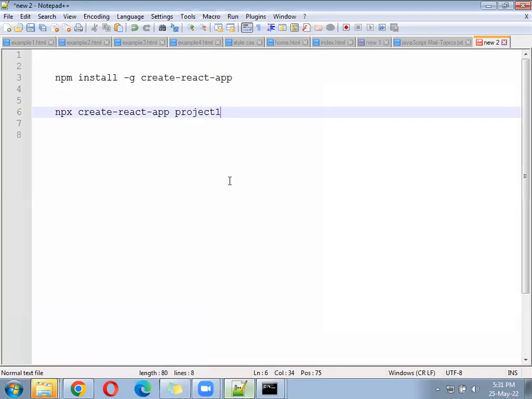Second command also I will send you in your chat. You can use that as well.